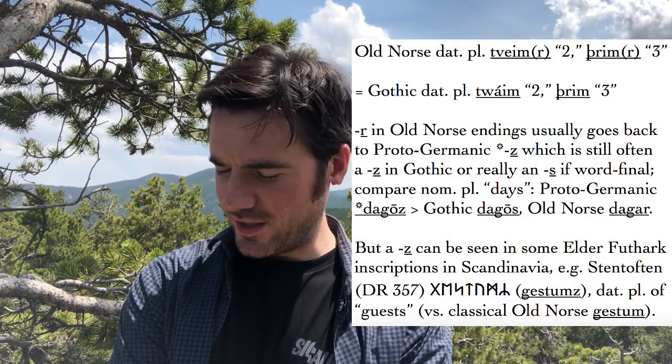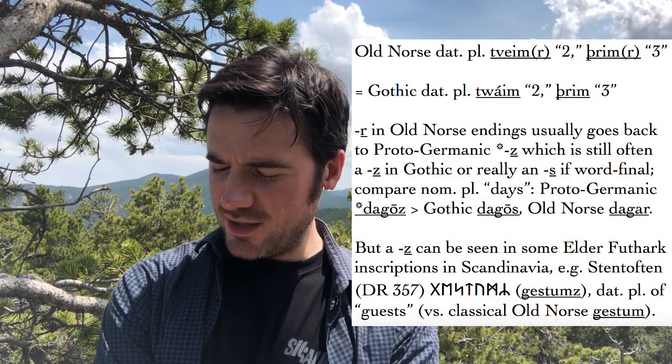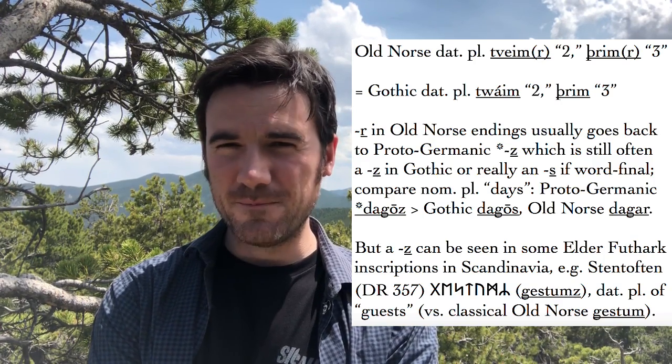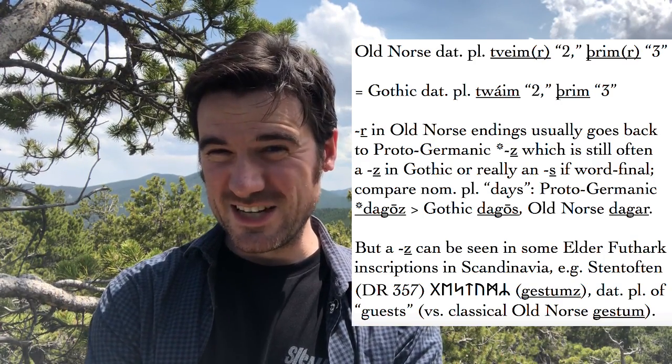So if you're counting multiple thousands, 2,000, you need the feminine, right? Tvær thusendir, þrjár thusendir, fjórar thusendir. Okay. It's interesting that you have that difference in 2 and 3 where you have the R or not an R. You don't see a Z there in Gothic. You see thrym and tvam, and we would expect there to be a Z in Gothic where there's an R